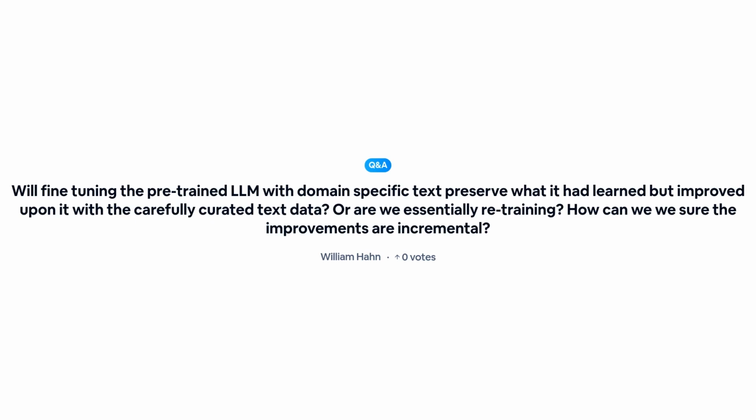In many cases, you can freeze part of your network and just improve by slightly changing the final layers. But especially for big models like this, with usually very small data set sizes compared to what the initial training was,